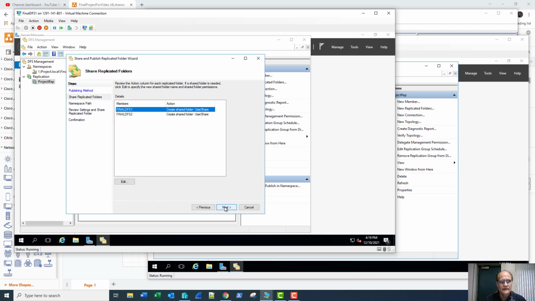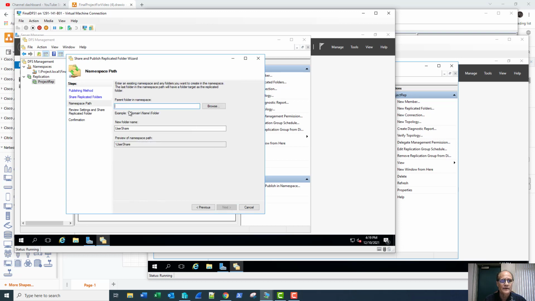I'm going to click next. We can see right here our different ones. We create shared folder, it's there. We're going to do next, parent folder in the namespace. So this is going to be the parent folder. You can see domain, name, and then a folder. So if I move this out of the way,